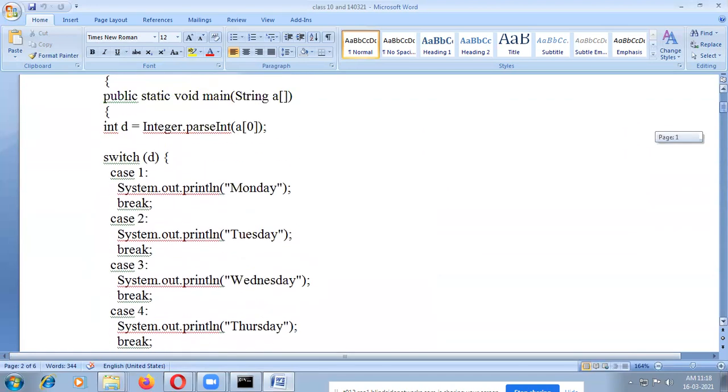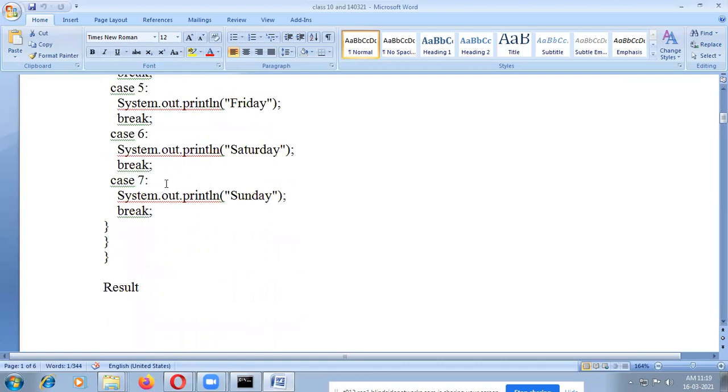It will be converted to integer and stored in the day integer variable. Then it will come for checking, switch of 7. So which condition is met? For example, 1, no. 2, no. The switch case statement checks only the conditions here. 7, it will be Sunday.